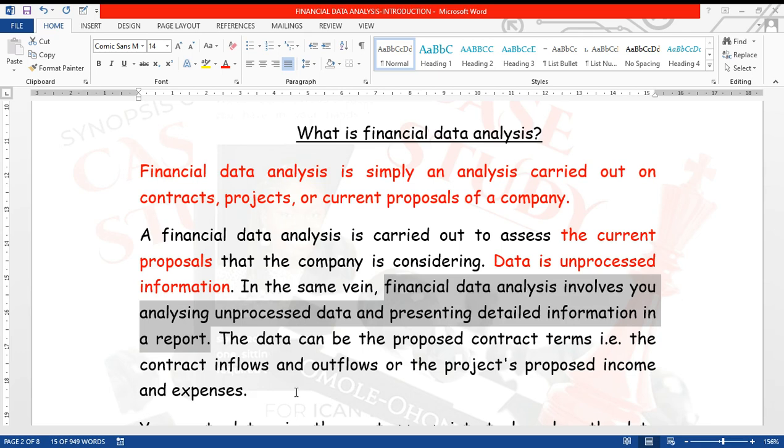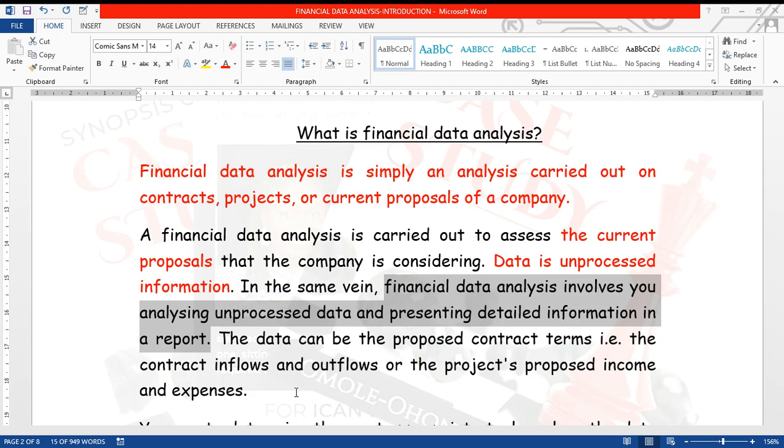So when the board of directors, or your top management, or whosoever you are submitting the report to, see it, they'll be able to understand. Okay, this is what the project is going to be. Oh, this project is not viable. Oh, this project is viable. We should embark on this project. We should not embark on it. That's what they want to know. All those plenty figures, plenty numbers, are not information to anybody.